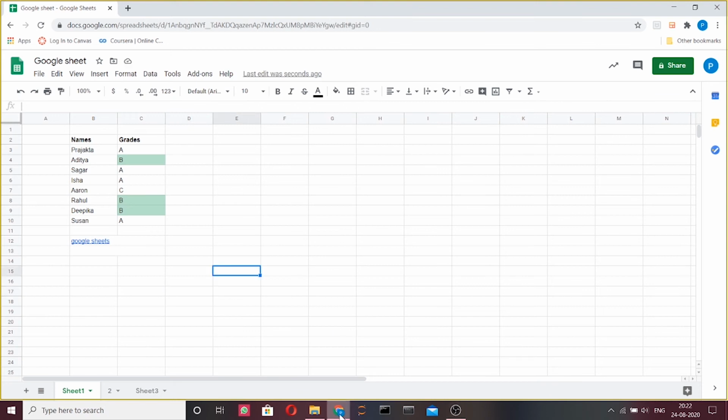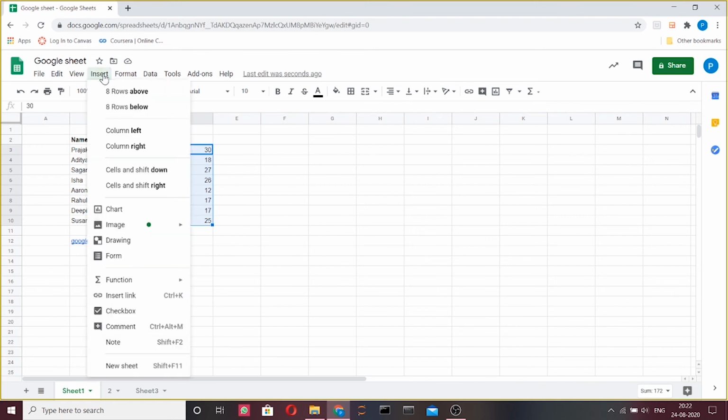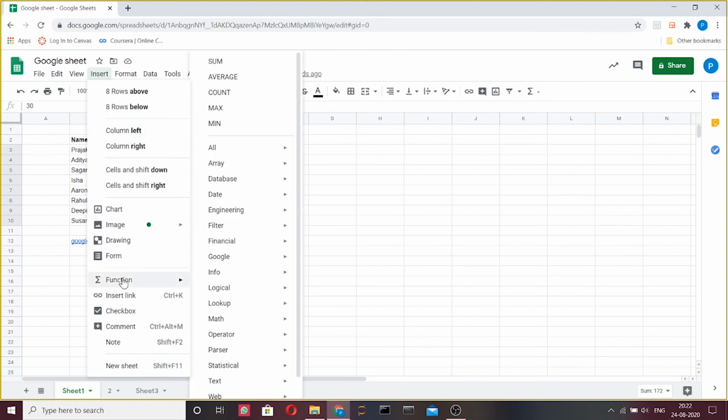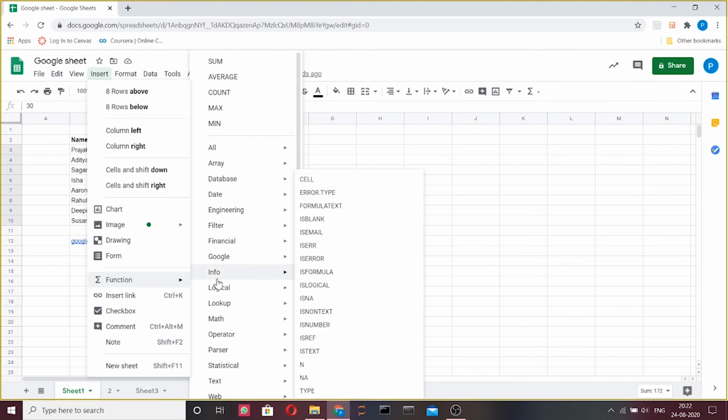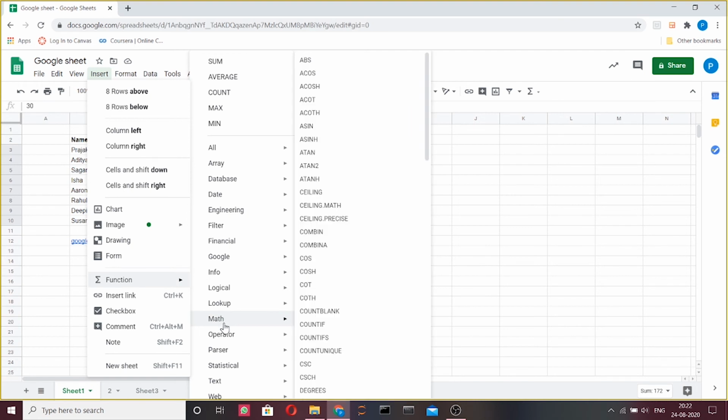Now, let's look at performing calculations on a group of cells. First, we enter a set of values in separate cells. Once we are done, we select them with our mouse. Then, we select Insert and click on Function from the drop-down list. Now, you have several functions you can perform on the given cells. For all the math functions, a set of instructions will appear in the box once you click on them.